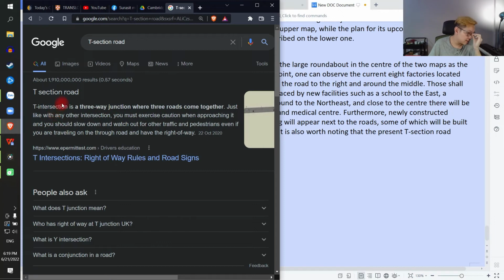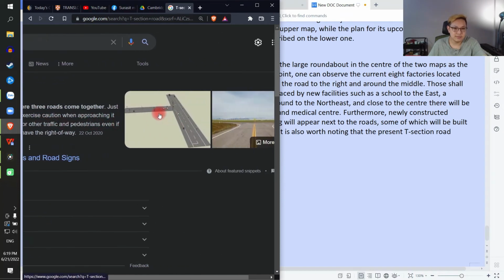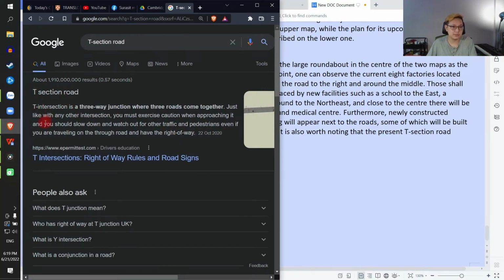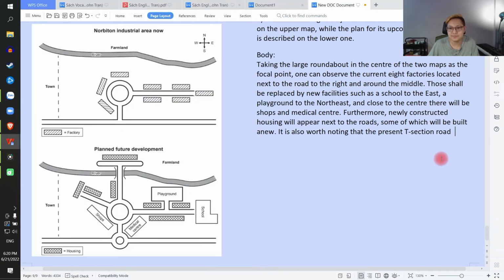Các bạn có thể thấy được rõ ràng cái T section nó là cái con đường mà cái gọi là cái ngã ba, three-way junction á, mình có thể dùng cái chữ này luôn. Where three roads come together, nơi mà ba cái đường á nó come together, nó hội lại một điểm như vậy. So this is the T section road. Or I think we can say T intersection. Okay, T intersection. Hiện tại, nơi mà cái chỗ ngã ba chữ T hiện tại này, that the present T intersection